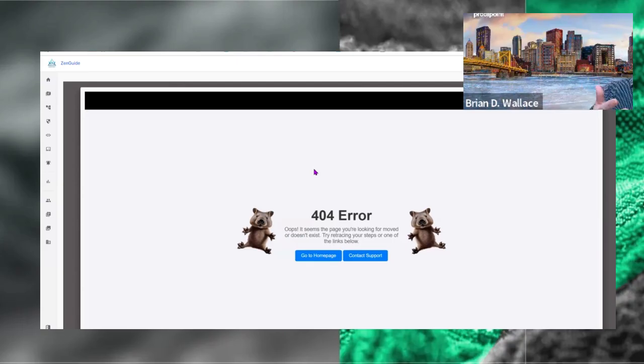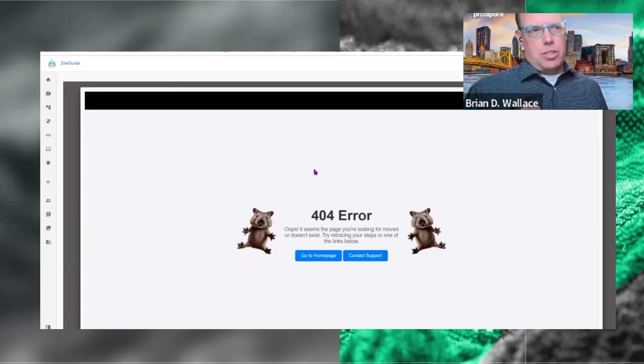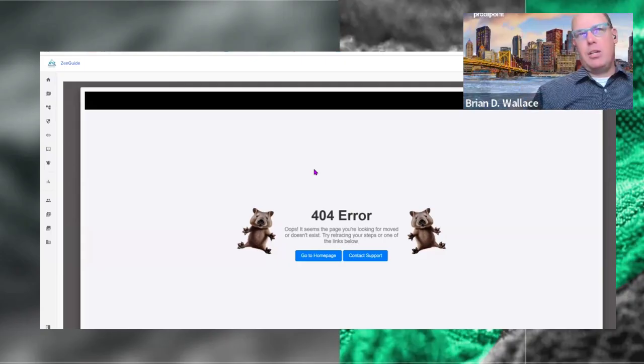Because when you get an error message like this, your end users are going to look at it and probably not think much of it. They're just going to say, oh, whatever I was trying to get, that DoorDash or that Amazon thing, the link is broken. Either I'll try again later or I'm just going to move on. What they're probably not going to do is pop over their cube and tell their neighbors, hey, you know that phish on DoorDash or that email on DoorDash, don't click on it because it's a simulated phish. They have no idea. And so that's kind of why you would incorporate these error messages. All right. So that's something to consider.